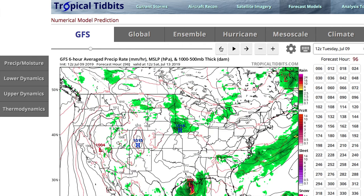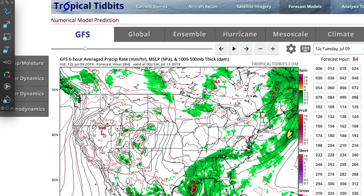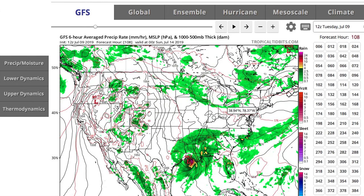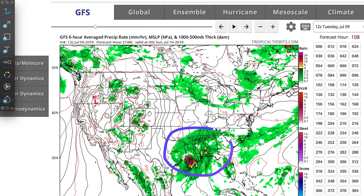If we back up even to Friday afternoon, again, notice all the moisture still located over parts of the southeast United States. Again, all the heavy rainfall is located just offshore in this case, but there's still quite a bit of moisture in this general region that causes a lot of widespread shower and storm activity. So as always with tropical systems, the heavy rainfall threat, the flooding threat always becomes a major issue. So regardless of how strong this becomes with the wind threat, the rainfall and flooding threat will be a huge